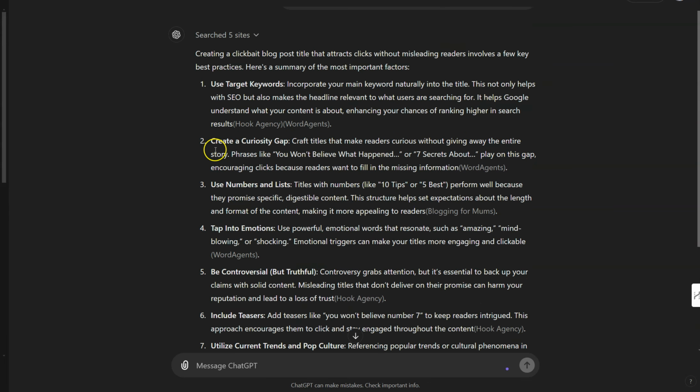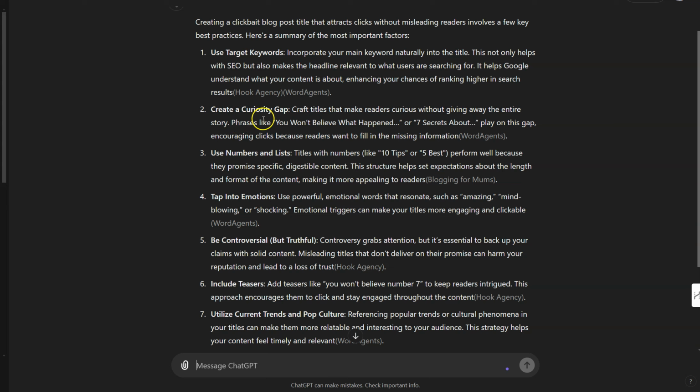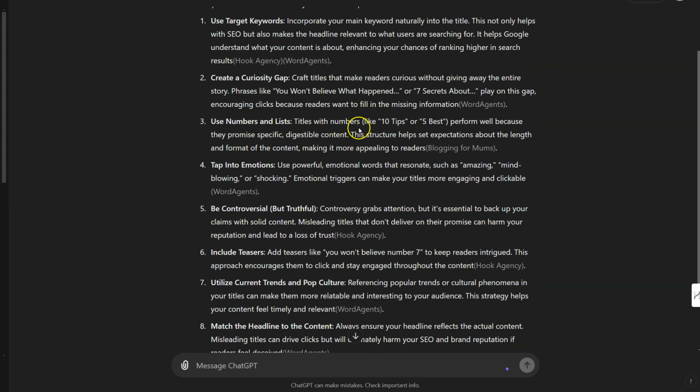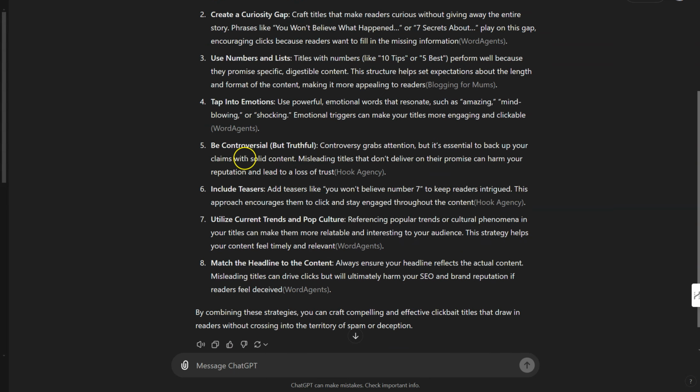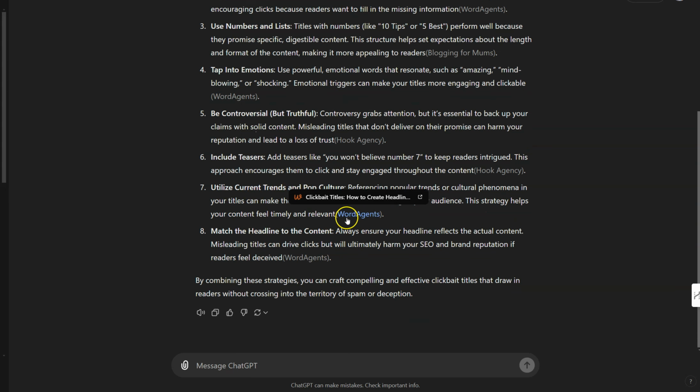So here we go, we've got user target keywords. So for our blog post, we will have our keyword, create a curiosity gap, so that is something that plays to people, makes them want to click it. Numbers and lists, that is correct, but that is more so talking about the blog post in general. Tap into emotions. Now this is very important. Power words, they trigger, well, there you go, emotional triggers can make your titles more engaging and clickable. Be controversial but truthful. So there's a lot of things here that do get the reader or the viewer wanting to click that link. So after it's done its research,